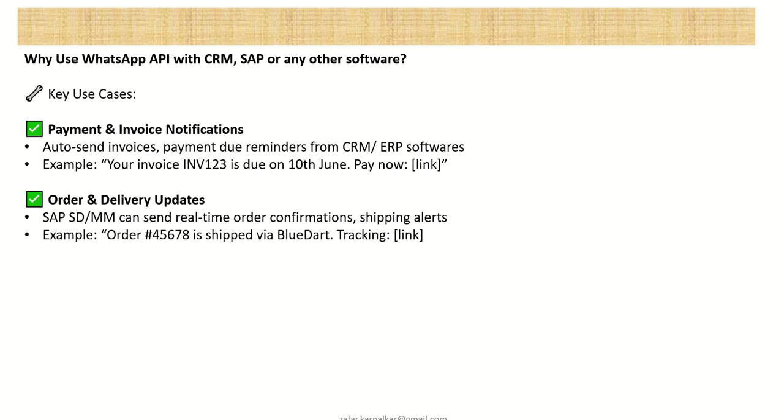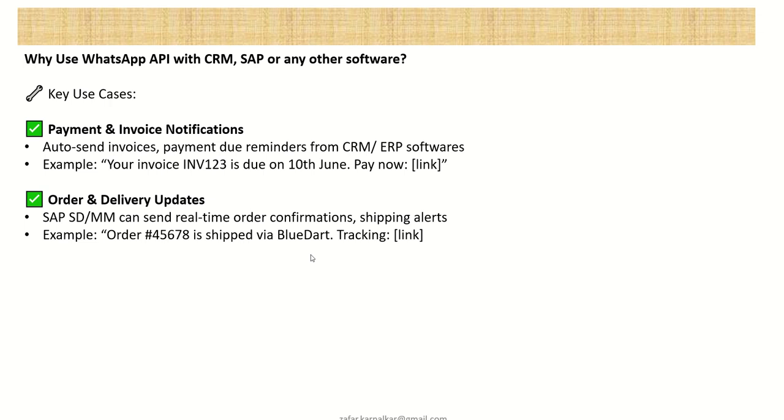Along with that, we can send order and delivery updates. Like if you order anything from Amazon, we get the updates via email, SMS, and WhatsApp too. The same kind of order and delivery updates for our business we can send through this. Like in SAP ERP, we can integrate with SD and MM and send real-time order confirmations,